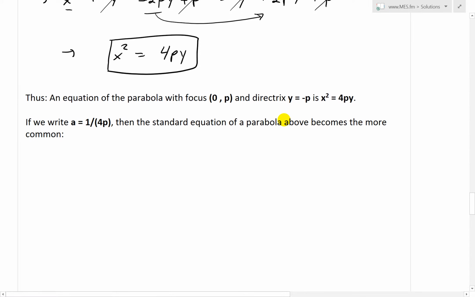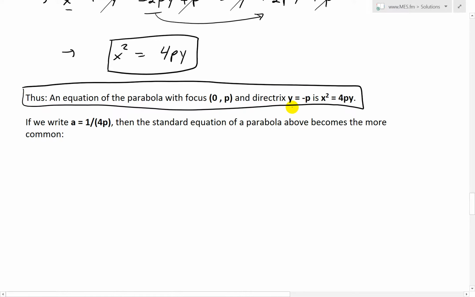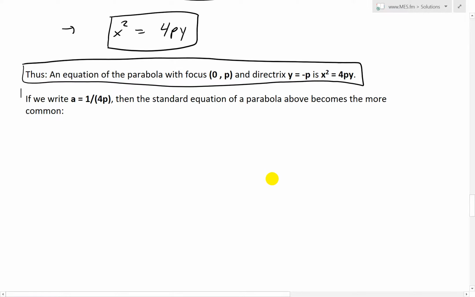So thus, the equation of the parabola with focus (0, p) and directrix y equals negative p is x squared equals 4py, like that. So that is basically the definition of the parabola in standard equation form. That's the formula from the definition as explained above, the equidistance from the focus and directrix. So now, interesting, if we write a equals 1 over 4p, then the standard equation of a parabola above